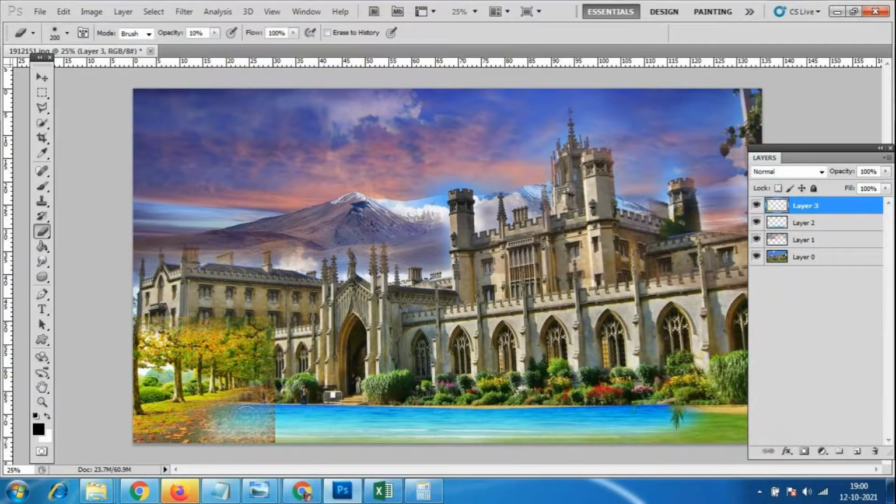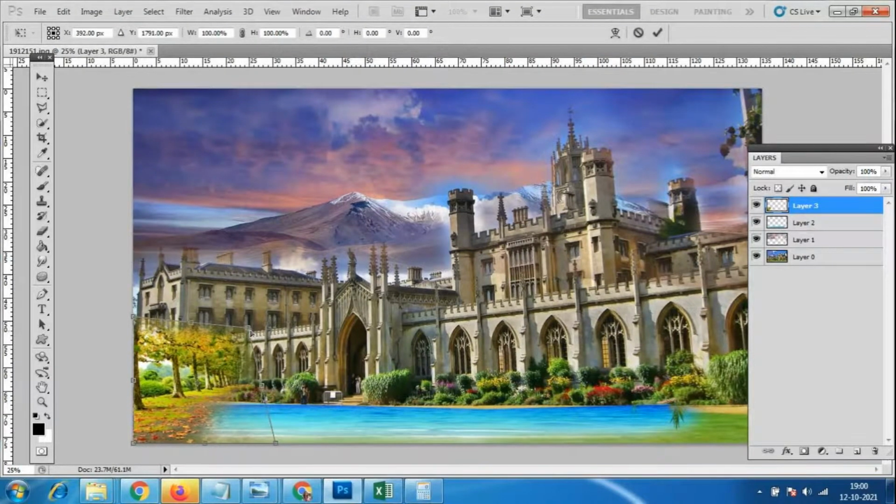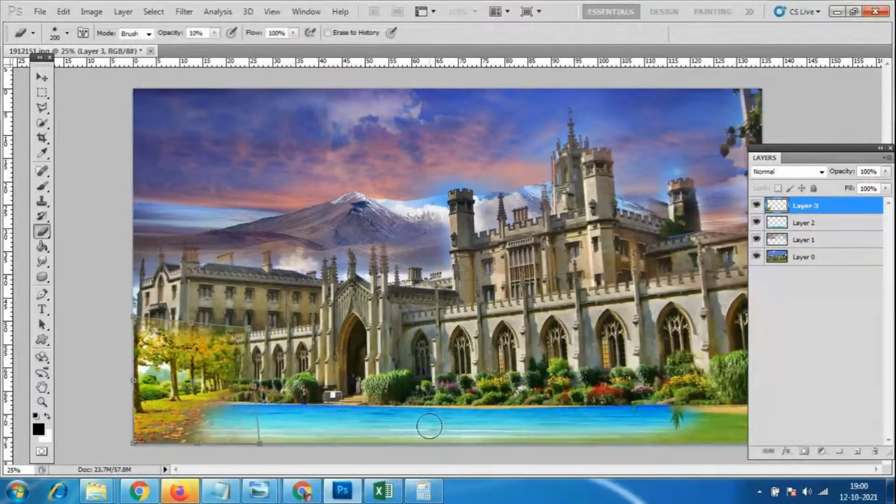See, till you erase, you will not be able to see what effect is happening. So only the tree you can place it. Okay, I'll just erase it.